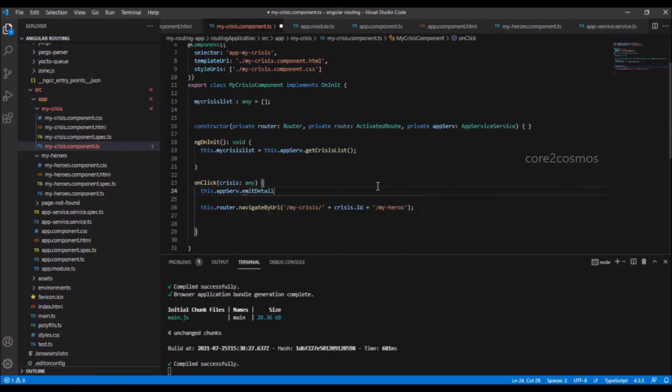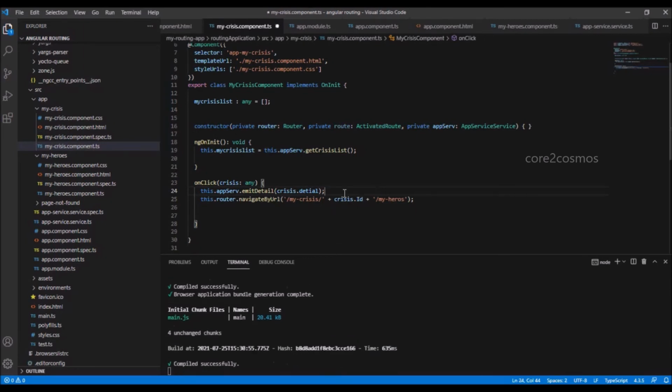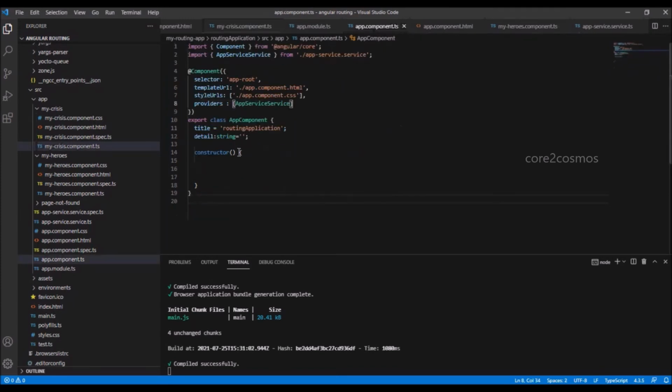At line number 24, I call the emitDetails method in the app service and pass the crisis.detail value. I say this by saying this.appserv.emitDetails(crisis.detail). Now, whenever the user clicks on the crisis record, this method gets called and we are emitting the crisis detail.